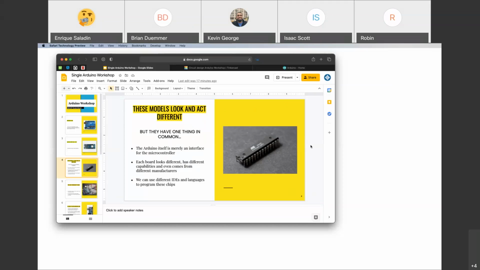So as I said, each board looks different, has different capabilities. It even comes in from different manufacturers. I know some manufacturers like to make their own variations around this open